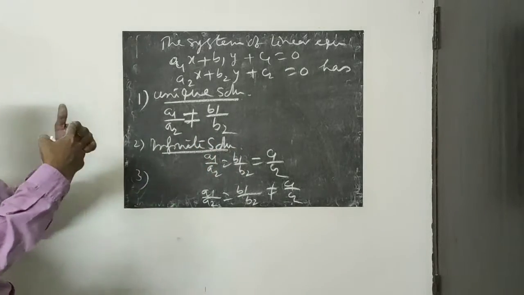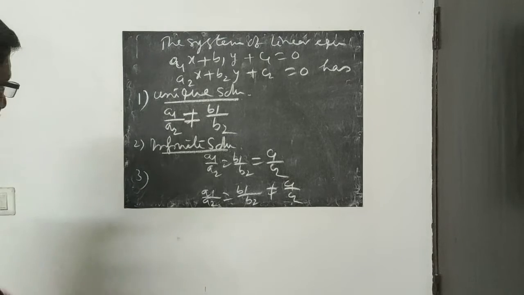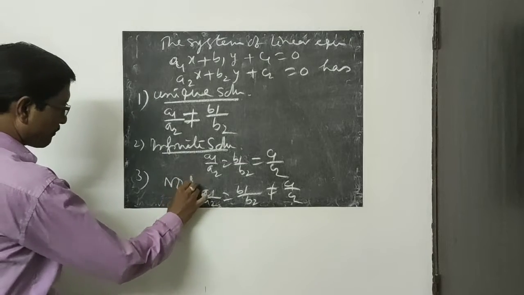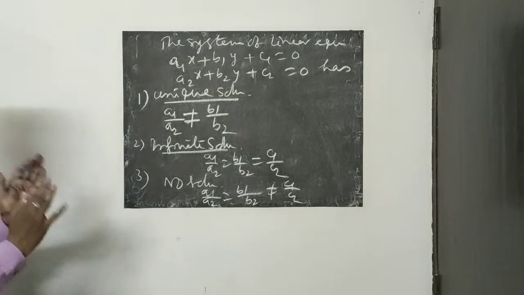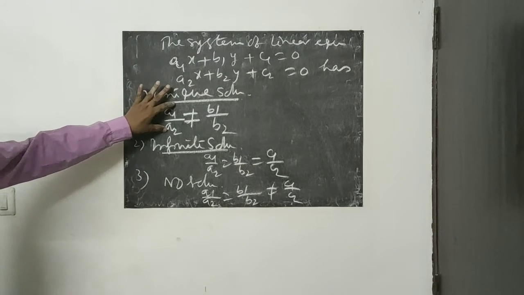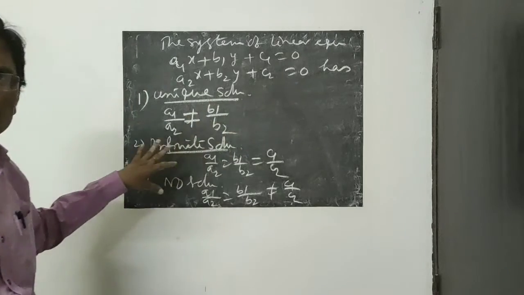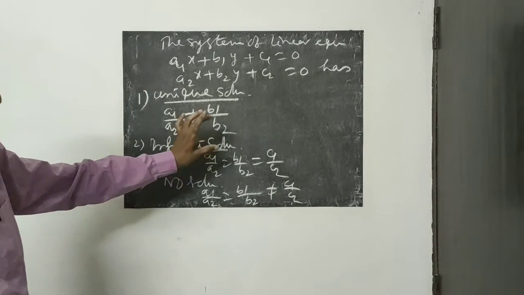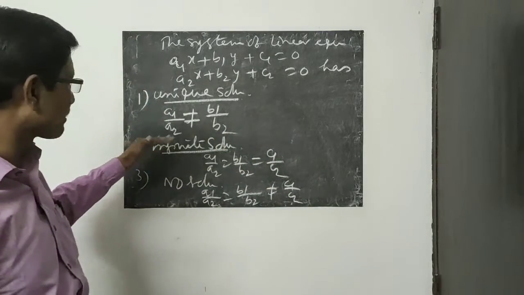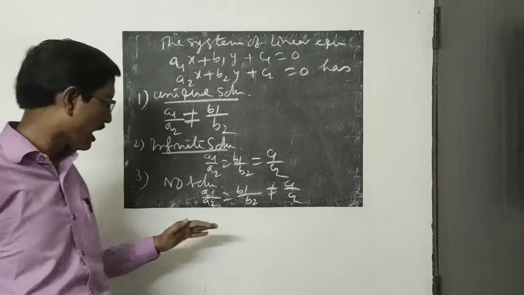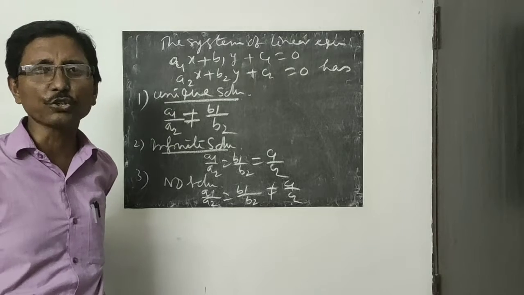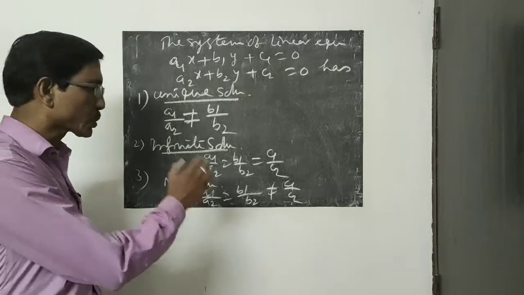In the first of these cases, you will have infinite solutions. Graphically, both lines represent the same line. In the other case, where the two ratios are equal but not the third, the lines are parallel, and that is known as no solution. So, if a1 by a2 is not equal to b1 by b2, it is the unique solution case. If a1 by a2 equals b1 by b2 equals c1 by c2, it is the infinite solution case. And if a1 by a2 equals b1 by b2 but is not equal to c1 by c2, it is the no solution case.